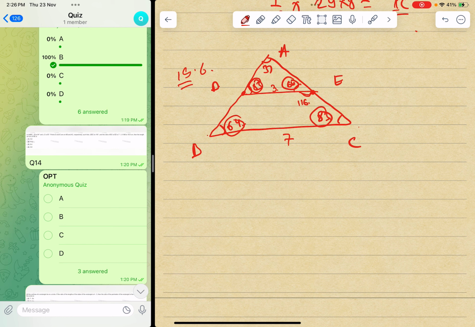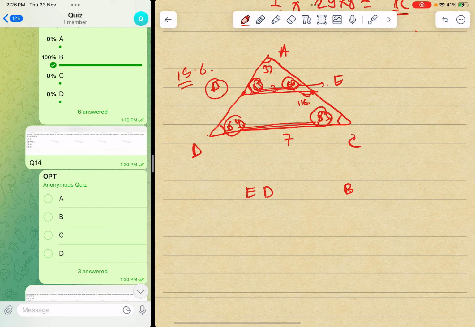We can easily do it by similarity. Let us see how the similarity will work. Start with this angle, so E, and for this it will be 64, so B. Moving from 64 to 83, so 64 to 83, C. So here it will be D. I am telling you a trick for how to do this. 64 to 83 will move, so this will be C. From here only one side is remaining. What to check? AA. Done. These two triangles are similar.